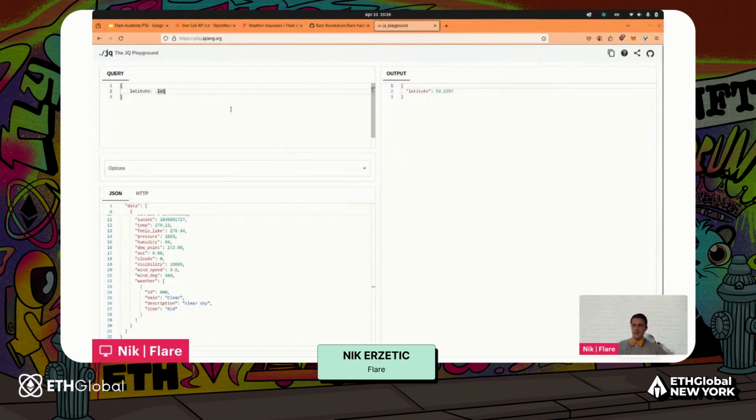But there is a small problem here, and that is that what we get back is a floating point number, and Solidity doesn't deal with floating point numbers. So what is the solution? Well, we multiply it by a large number, and then we'll be aware that we're operating with multiples of a number. And another thing that we'll also have to do